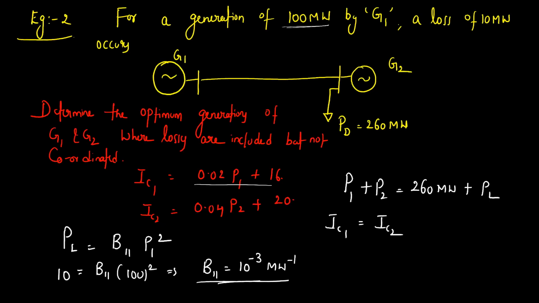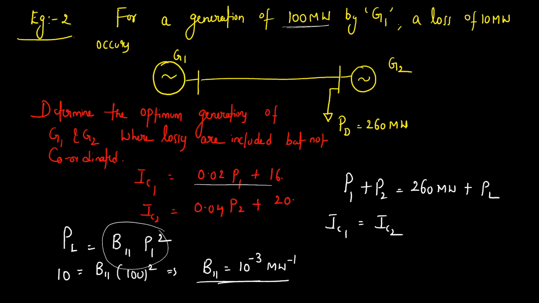This loss will not be proportional to the power. Somebody says when for 100 you are getting 10, for 200 you will get 20. The relationship will not be like that because it is not a linear relationship. It is a quadratic relationship. Understand? Don't ever assume that if the losses are 10 megawatt for 100 megawatt, it will be 20 for 200. No, it's absurd. There is no linear relationship between the losses and the power generation.